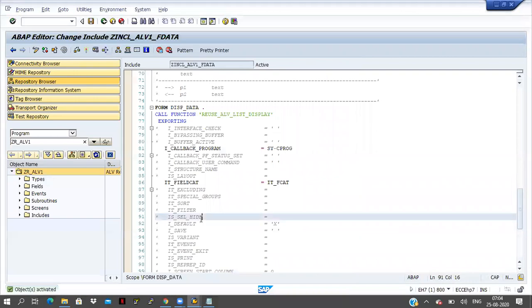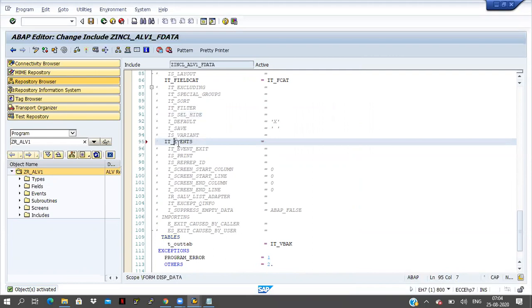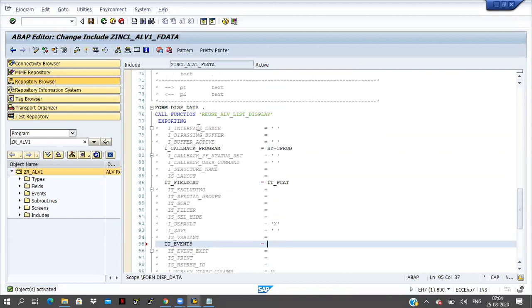And here only the event tab is there. Where is it? IT underscore events. So here we have to declare one internal table first of all. How can you remember?